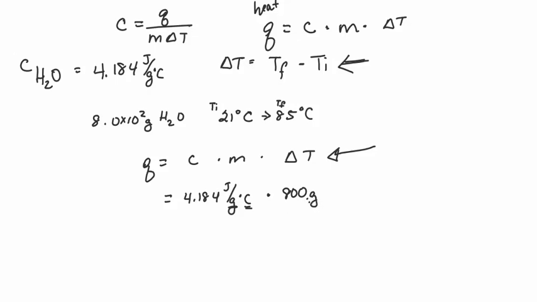And actually that's incorrect with the significant digits, but we will just know from above, 800 grams times the change in temperature. So I take my T final, which is 85, and subtract my T initial, 21. And those are degrees Celsius. So when I perform this calculation,